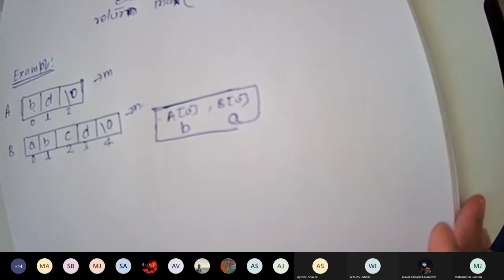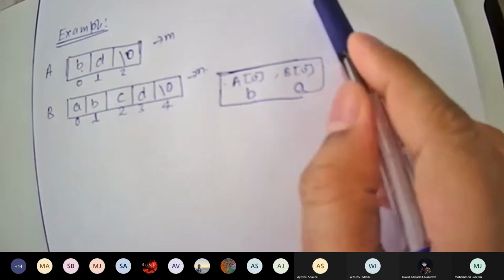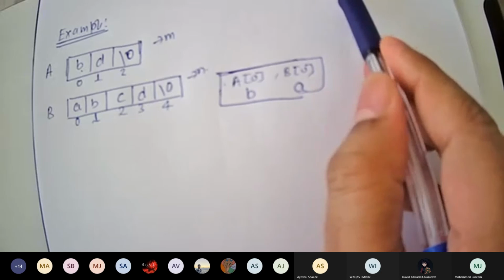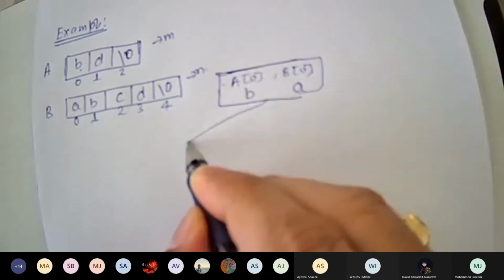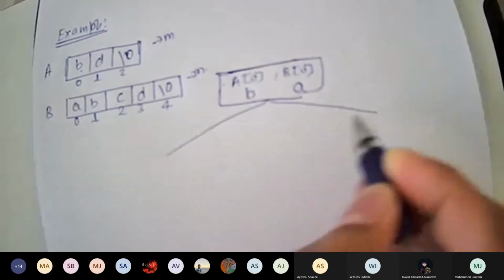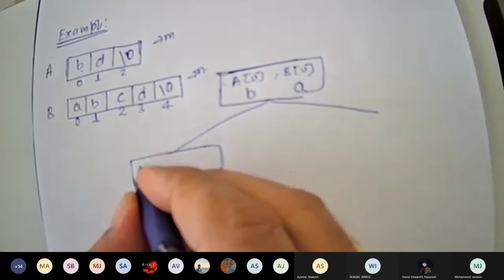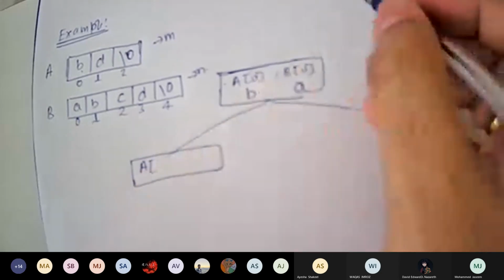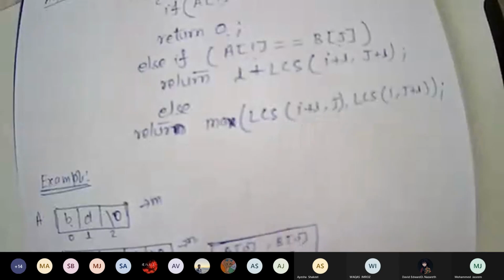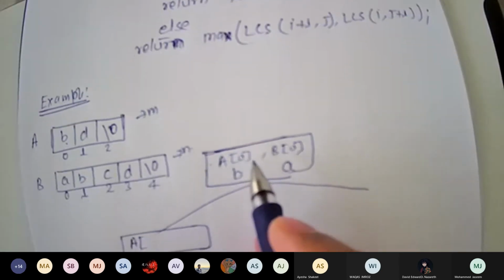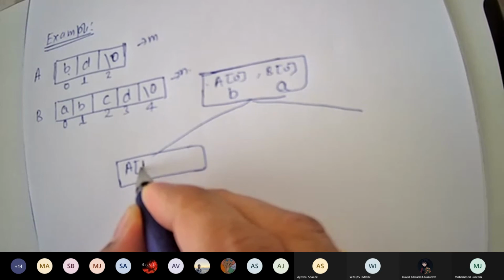So now what is the third? You have to check two parts: LCS(i plus 1, j) and LCS(i, j plus 1). Here, there will be two parts. In the first part, A of i plus 1. What was i currently? 0. So it will become 0 plus 1, which is 1.